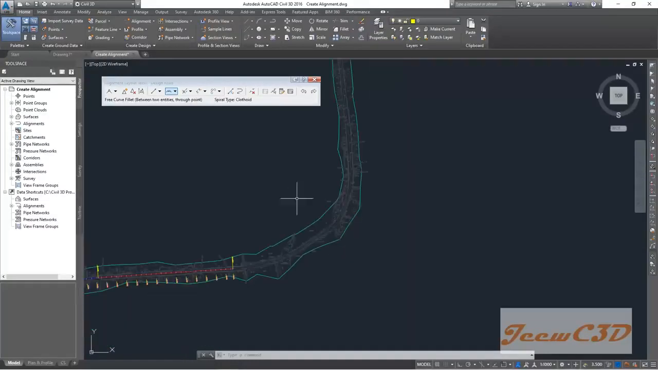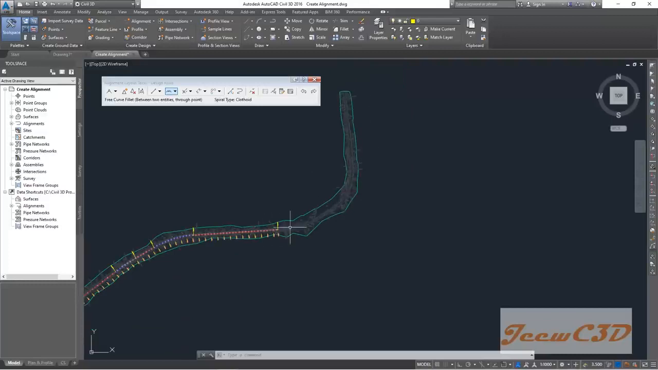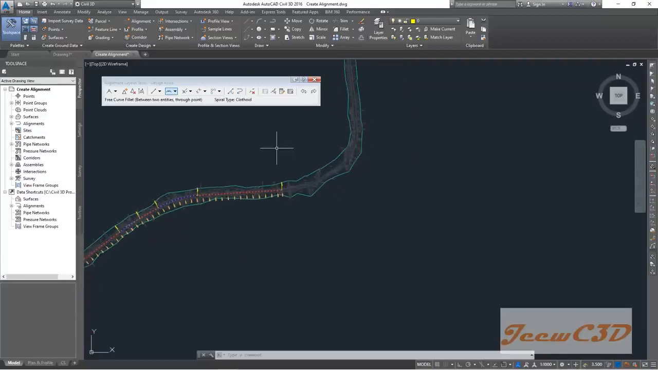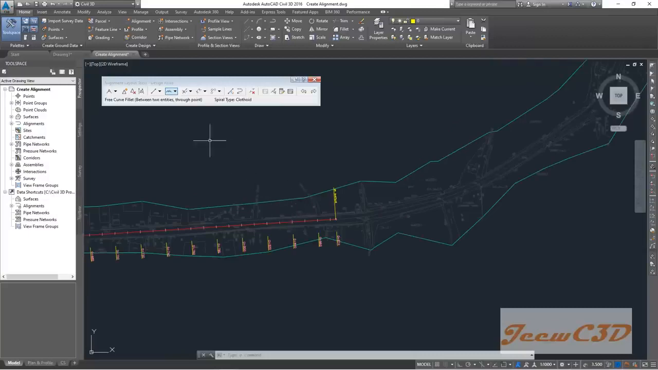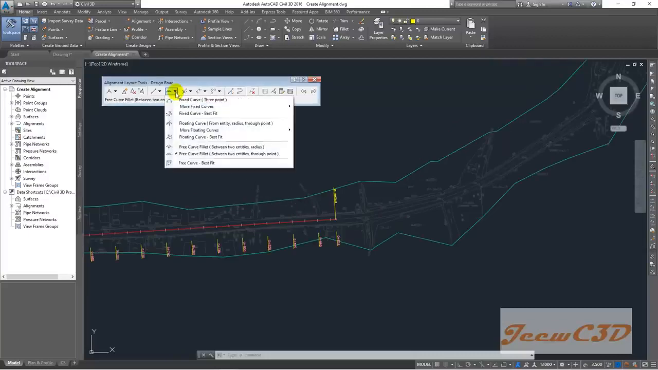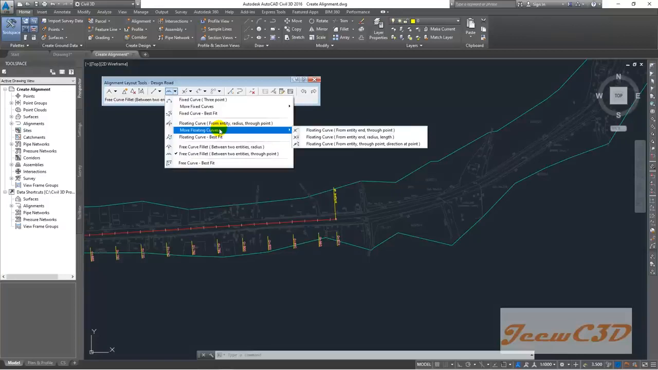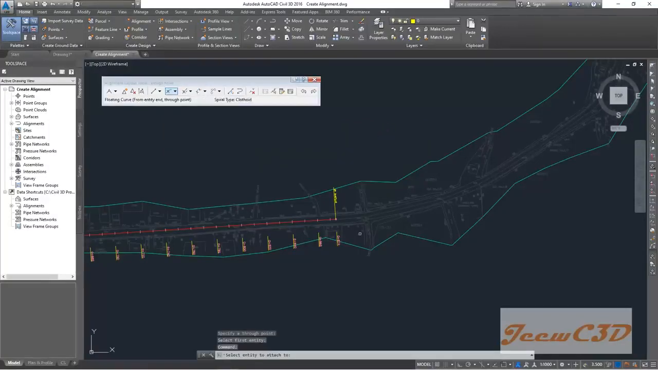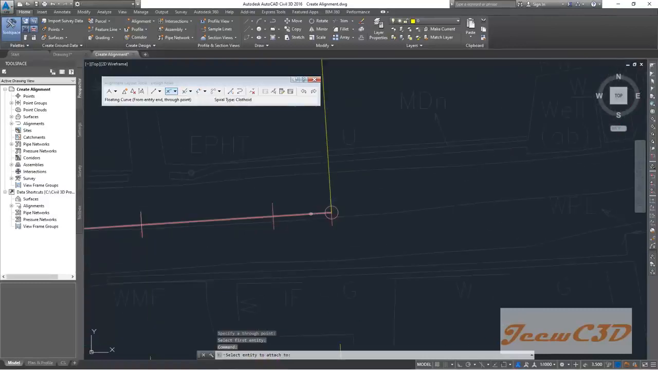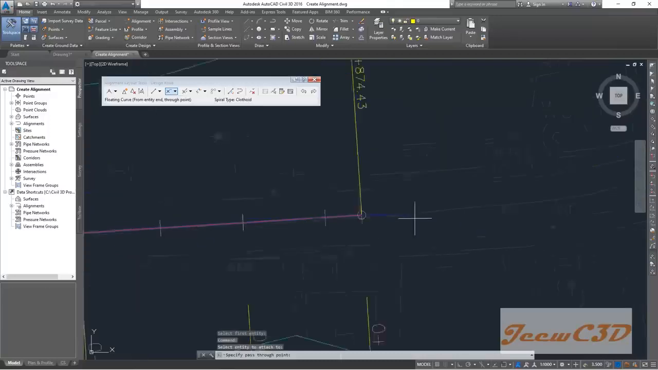Rather than getting a new straight here and connecting this one, what I do is I go here and I use this option, floating curves, more floating curves, from entity end through point. I click here, then it is asking select entity to attach to. This is the entity where we are going to attach the new curve. I click here, then